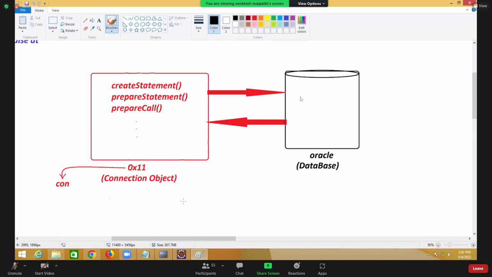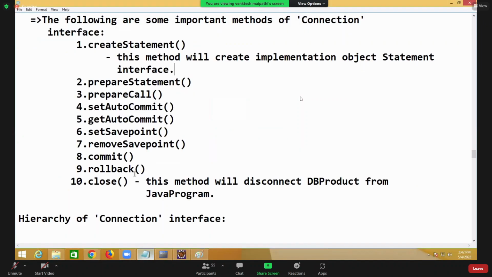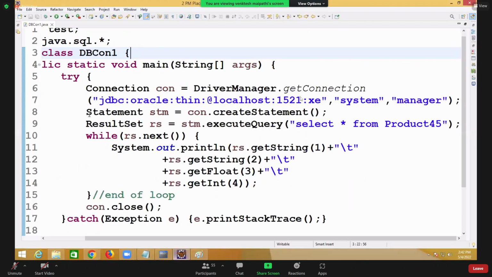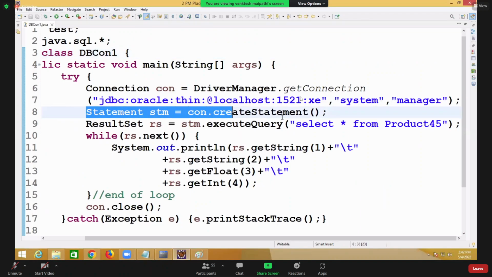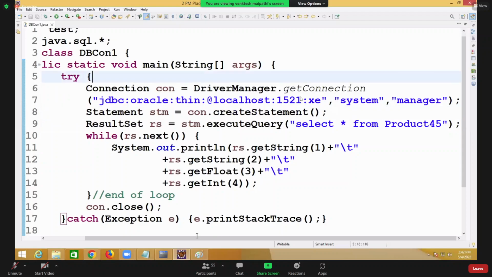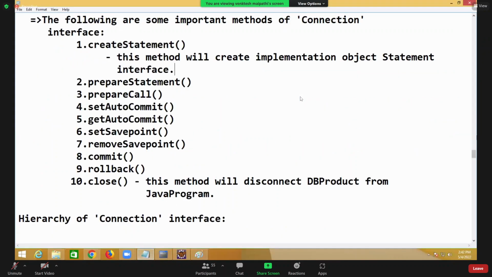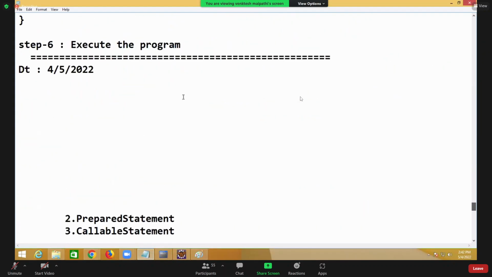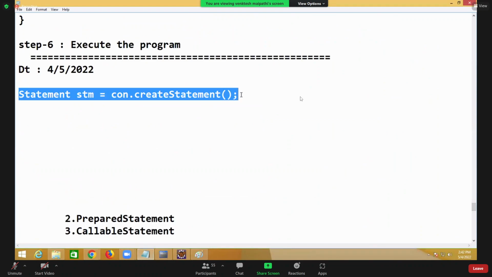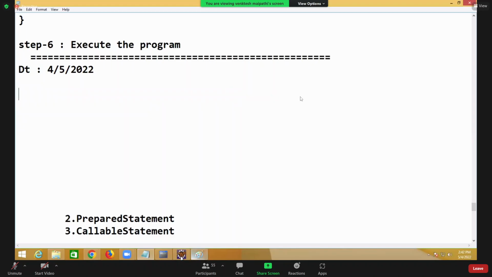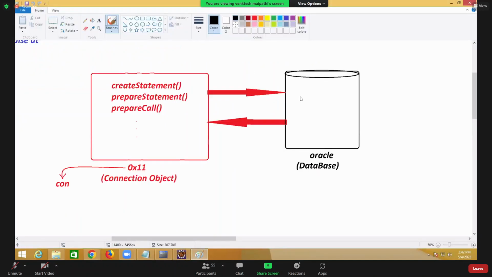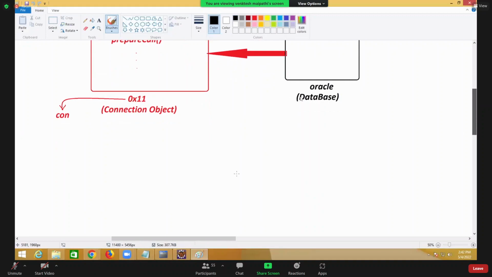Now from this connection I am calling the second one. See there, createStatement. There are three JDBC statements. We are going with Statement stm is equal to con.createStatement. We are calling this method con.createStatement. Whenever you say createStatement here,